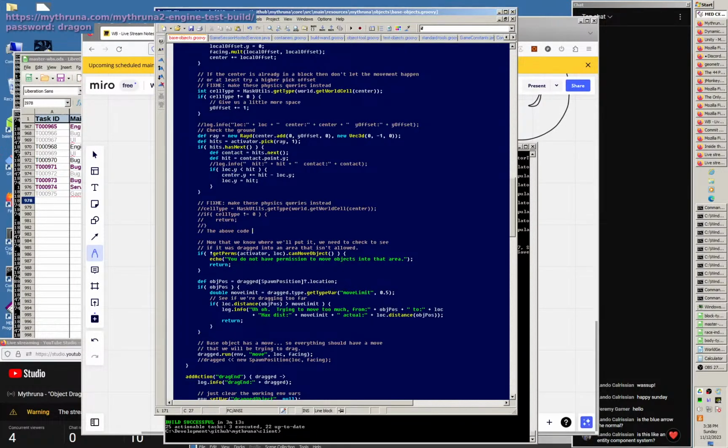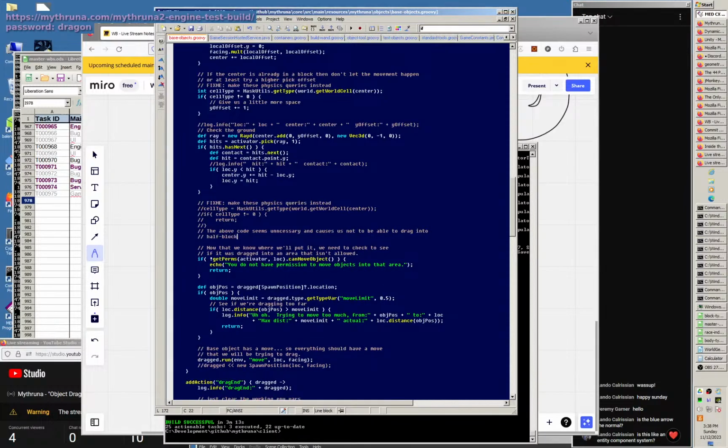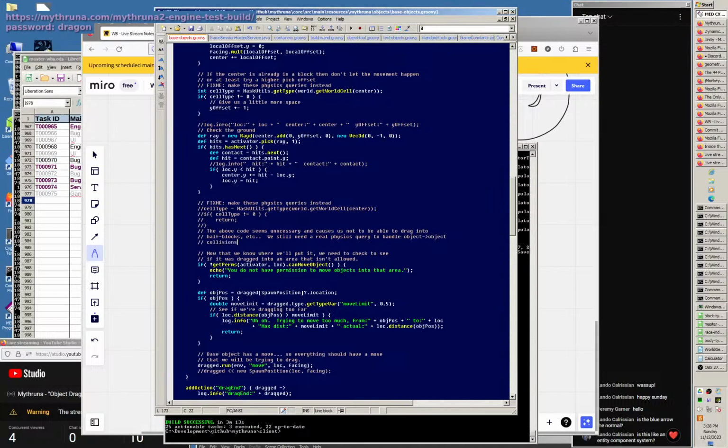The above code seems unnecessary and causes us not to be able to drag into half blocks, etc. We still need a real physics query to handle object to object collisions and so on,